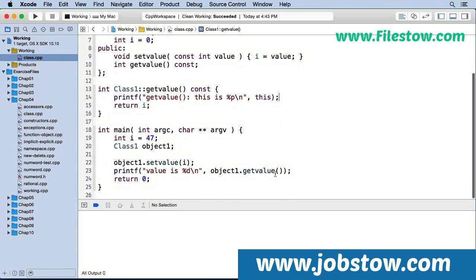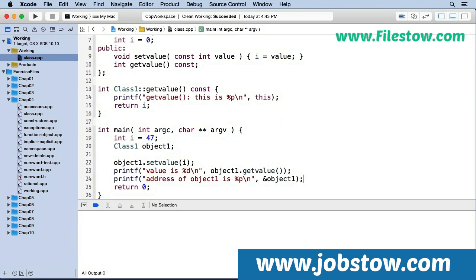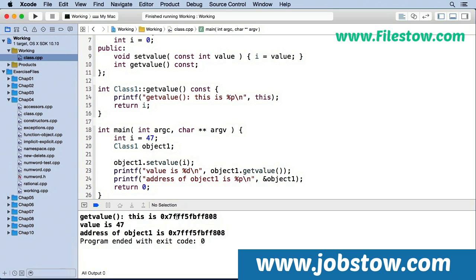And then I'm going to come down here in our main where we're using the object, and I'm going to print the address of the object, and you'll see that it's the same. I'm using the ampersand to get the address of the object. And now when I build and run, you see that these addresses are exactly the same. So the this pointer is giving you, inside of a function member, the address of the current